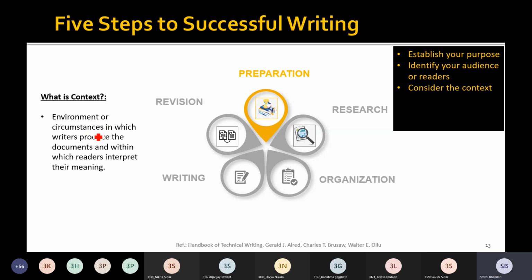Context is the environment or circumstances in which writers produce the documents and within which readers interpret their meanings.